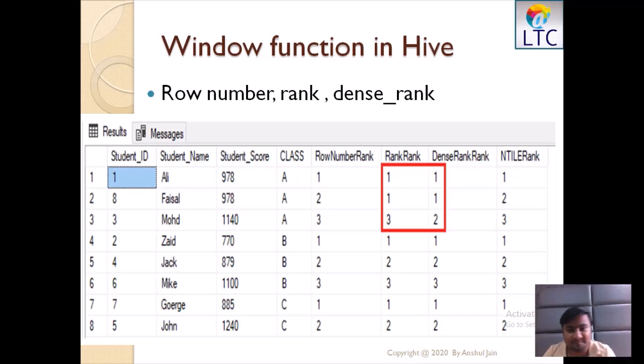So let's start. Before starting, I would like to tell you about the difference in all these three important functions. Suppose this is a list of students who got scores. Their scores are like this: 978, 1140.